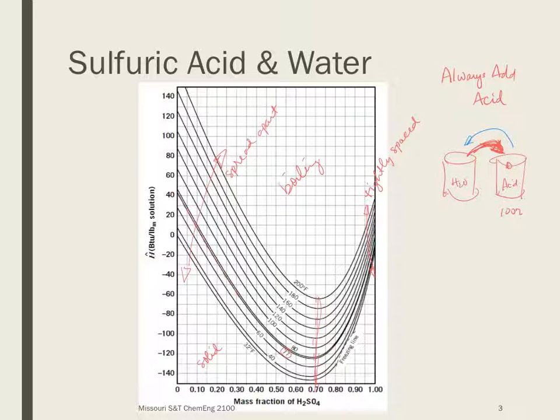If I am on this 77 Fahrenheit line, and the enthalpy is right around here when it's pure acid, and I add a teeny tiny amount of my water. I bring it a teeny tiny amount this direction, and it doesn't take far for me to see that